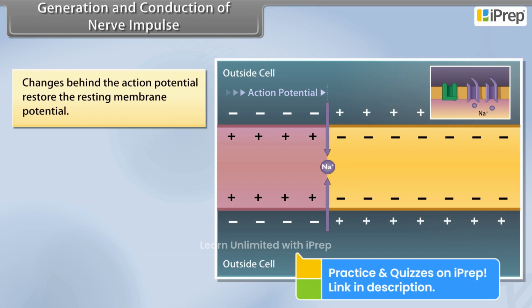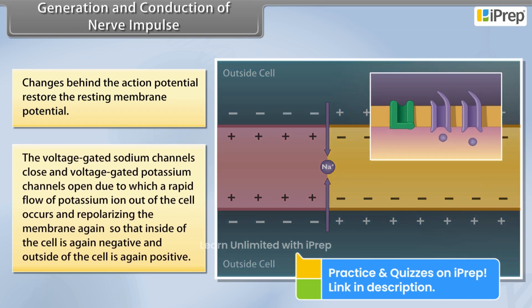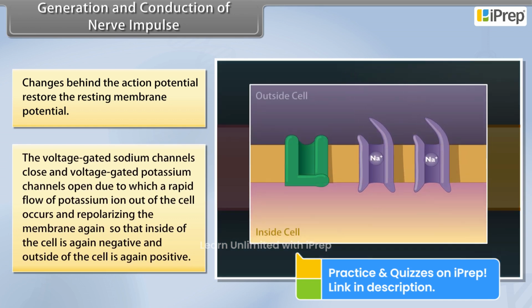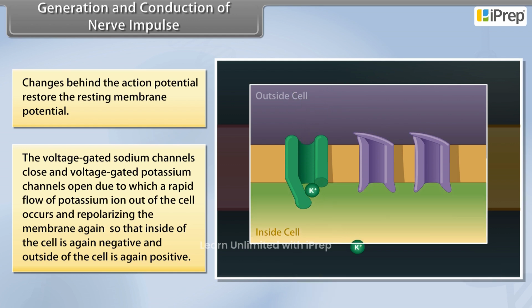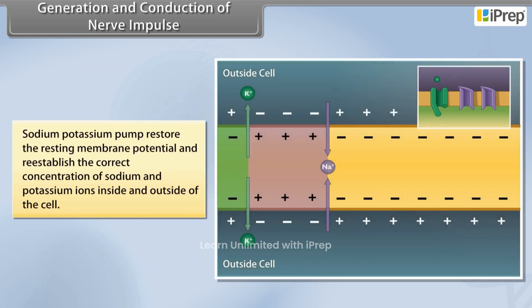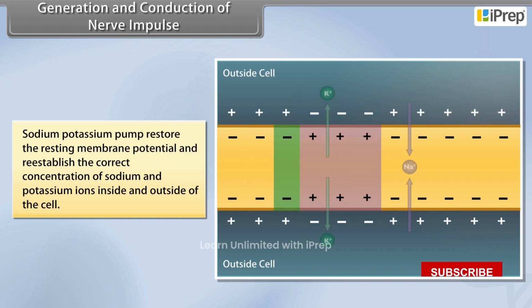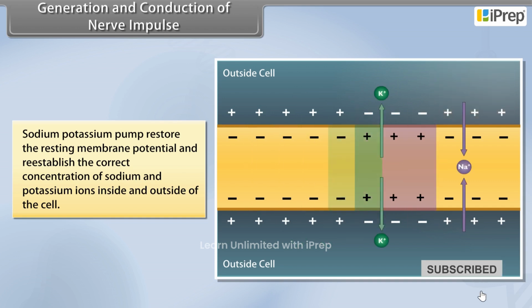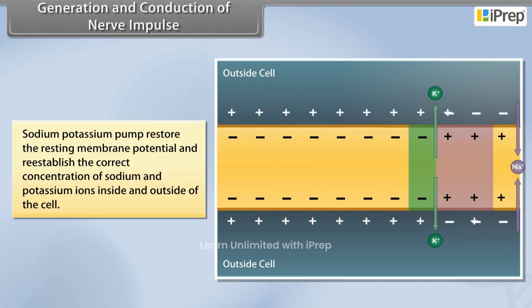Changes behind the action potential restore the resting membrane potential. The voltage-gated sodium channels close and voltage-gated potassium channels open, due to which a rapid flow of potassium ions out of the cell occurs, repolarizing the membrane again, so that the inside of the cell is again negative and the outside of the cell is again positive. The sodium-potassium pump restores the resting membrane potential and re-establishes the correct concentration of sodium and potassium ions inside and outside